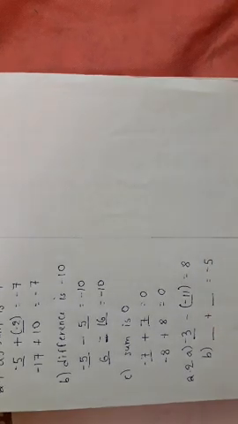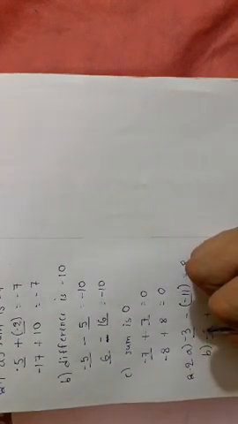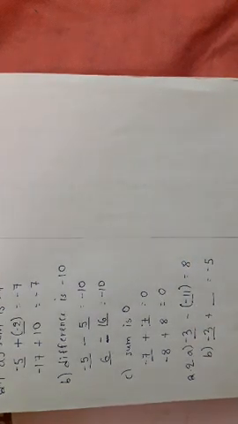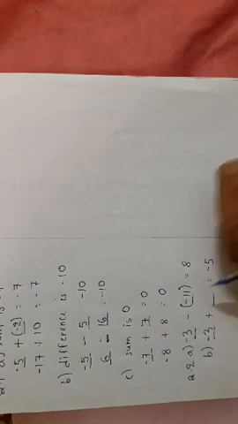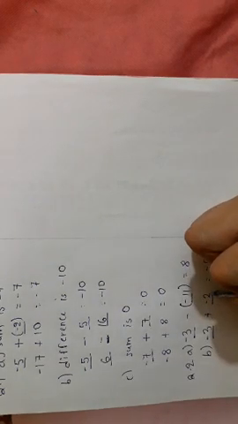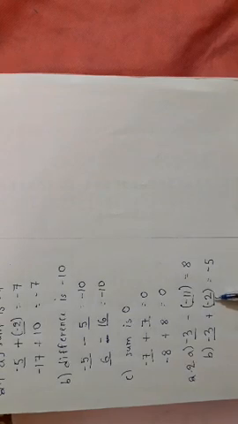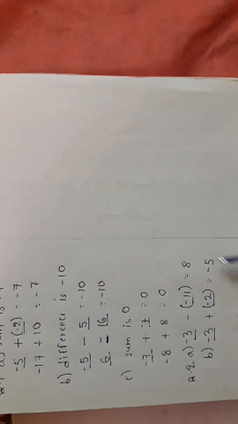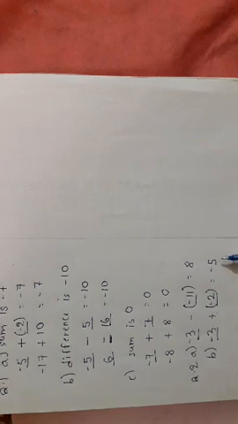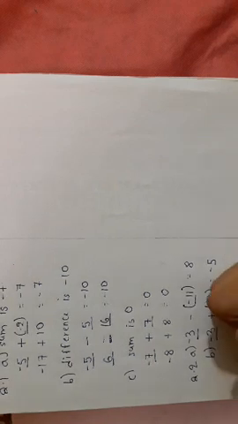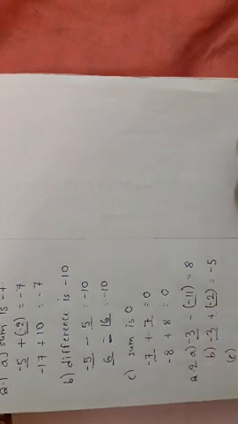Now over here, if I consider the number minus 3, and by doing minus 2, plus minus will become minus, so this will be minus 2. Minus 3 minus 2 will be equal to minus 5, so we will get the answer directly. So the answer is minus 3 and minus 2.